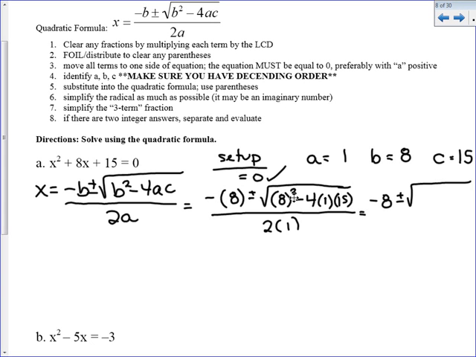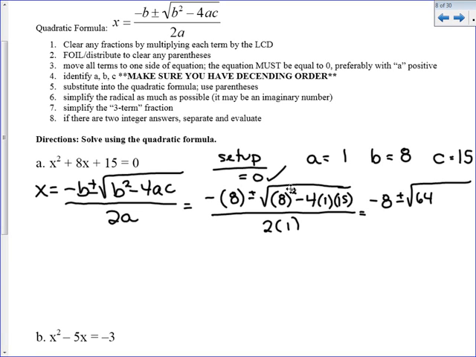If you have a graphing calculator or a scientific calculator that holds display, you could enter, just as we have it written here, the whole radicand. Don't enter the square root part, but just enter the whole radicand, and it will give you the radicand in 1 step. I'm going to do the whole thing by hand, so I'm going to do it in 2. So the first thing I'm going to do is square the 8. So 8 squared,